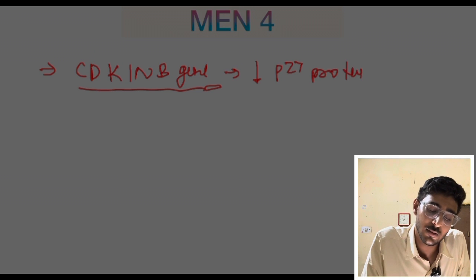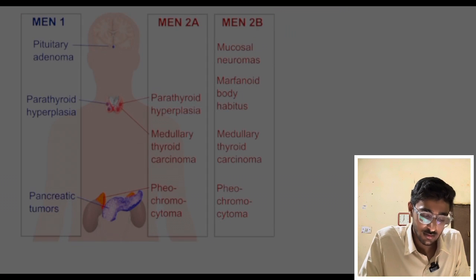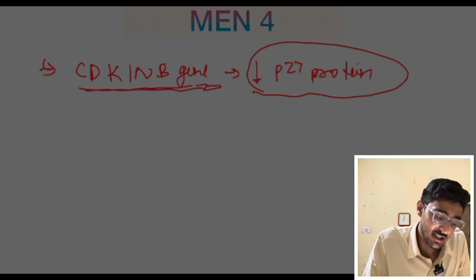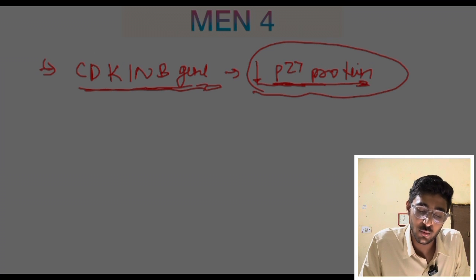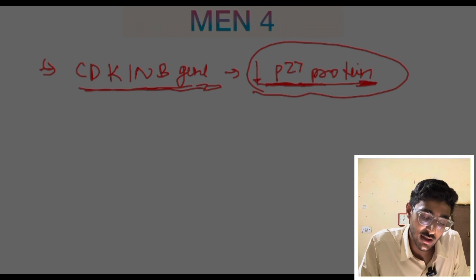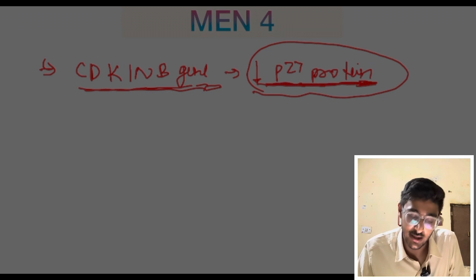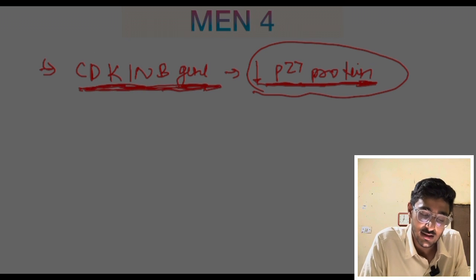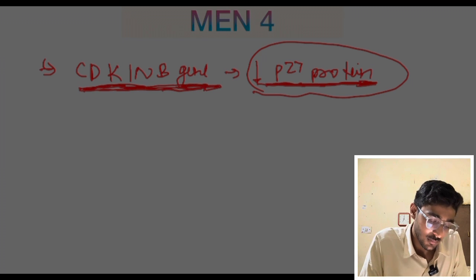And what does P27 protein do? P27 protein is an important protein which regulates the cell cycle, and that's why there is an irregularity in the cell cycle which causes neoplasias in several glands of